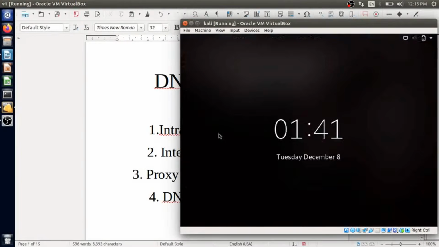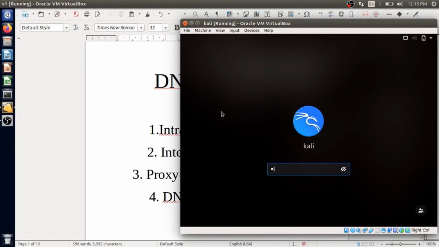I'm using two machines. One is Kali and the other machine is Windows.